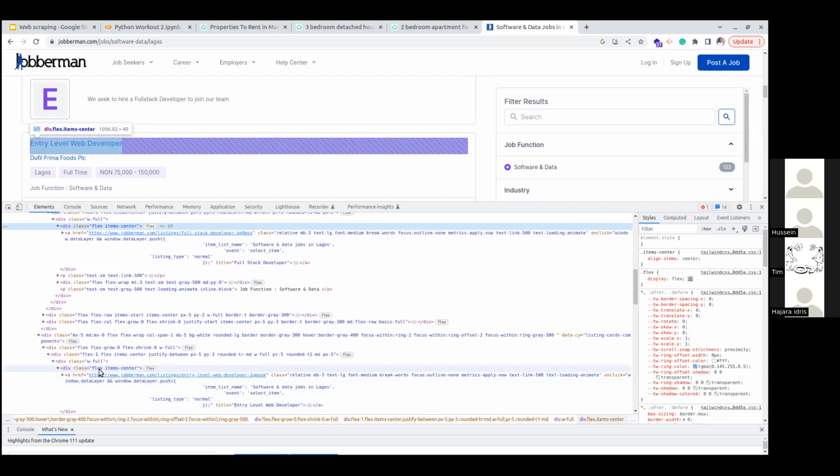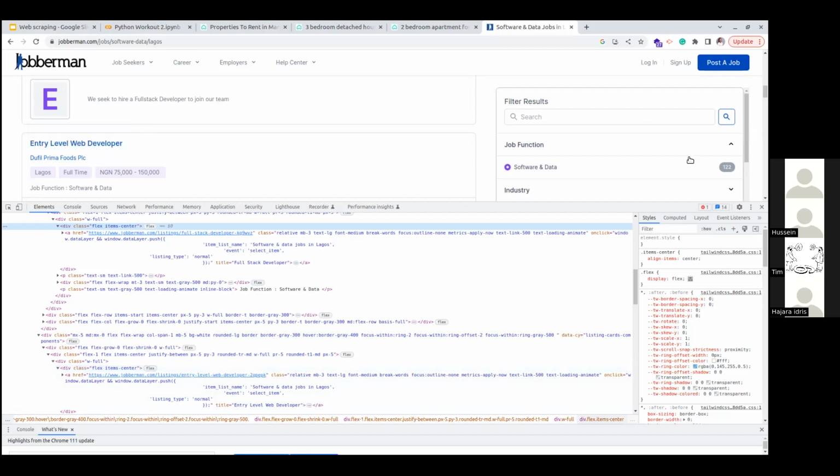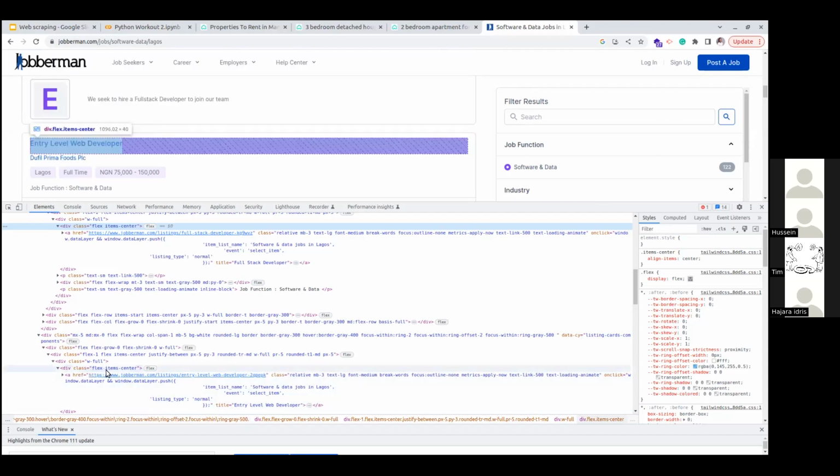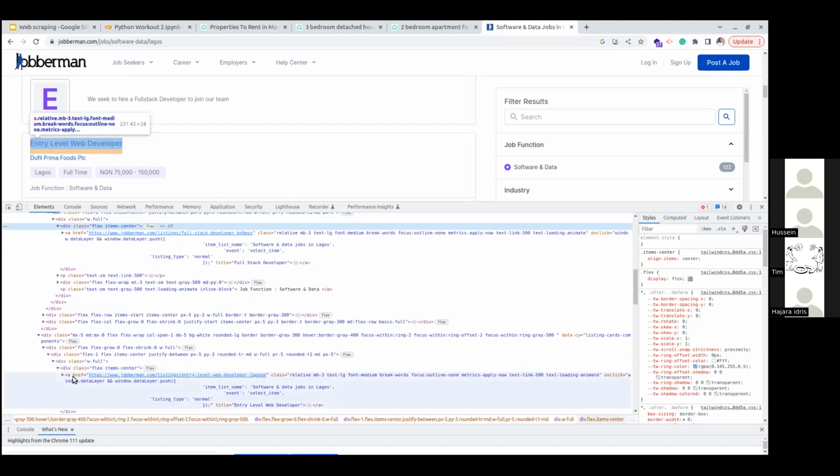So sometimes you can even do multiple classes, like the div class, because sometimes it could be that there's another div somewhere in this page that is not in the listings, and it has the same class. So sometimes you want to make sure that you even copy all the classes if possible, and say Beautiful Soup should find all the div that have these classes, and it should pick the Ahref, that is the link inside that particular class.